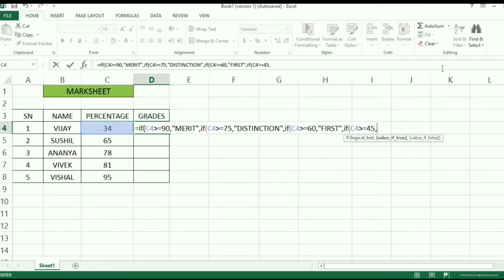Such a kind of statement you have to write again and again. Now I have differentiated all these things by using a semicolon. So again an IF statement, again C4, again greater than or equal to 75. If this condition is true, then distinction will be shown.